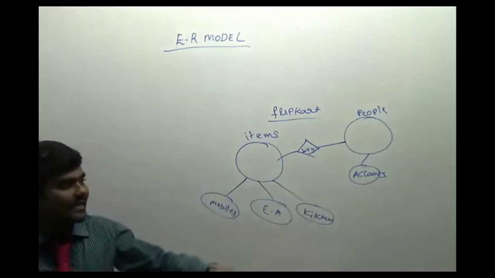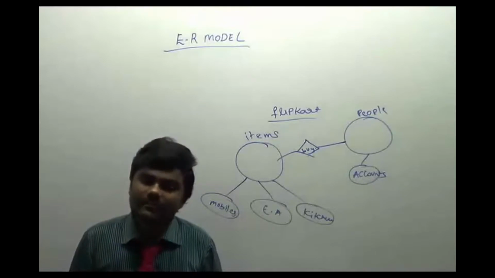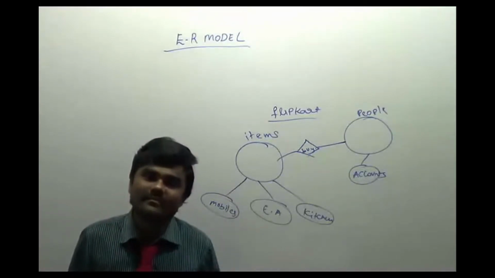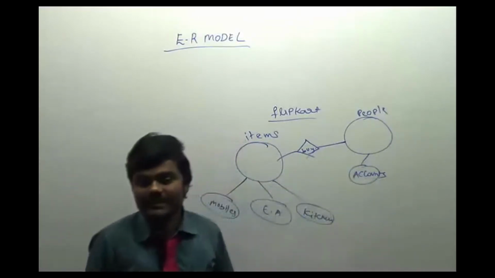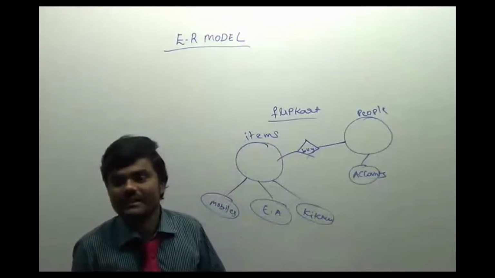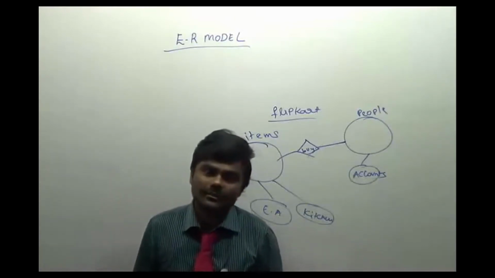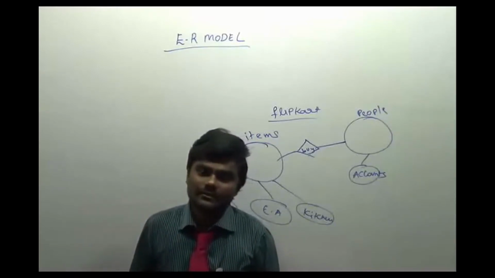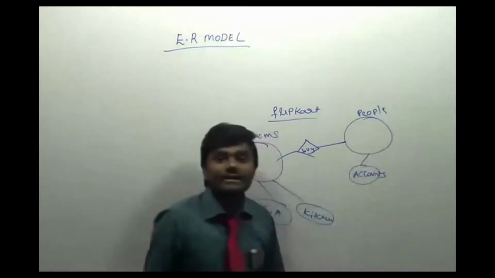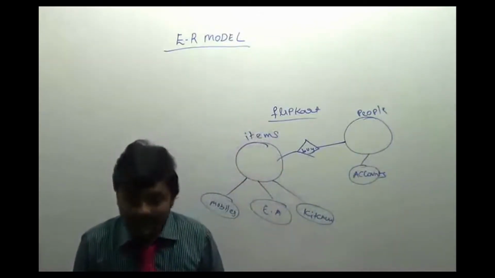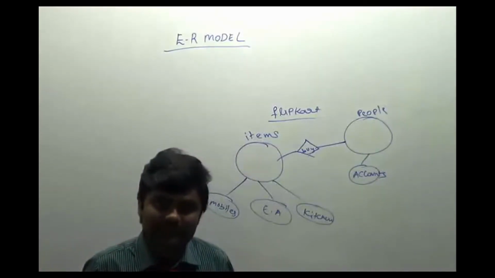Whenever somebody asks me to design some tables, first we will check what tables we have to design. First we will design all the tables, and after designing all the tables we will check whether they are in second normal form, third normal form, all those things. That we have studied already. Now, first we have to decide what tables we can design. That we have to discuss.